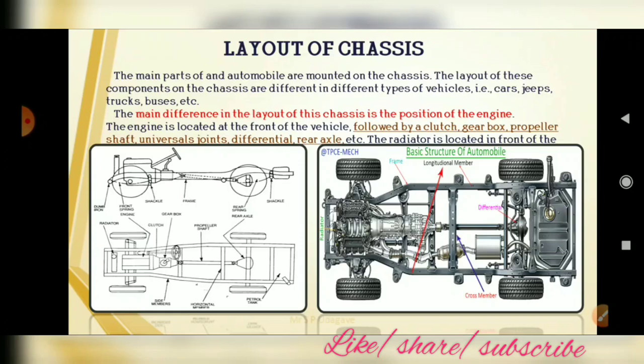Next, followed by the clutch, comes the gearbox, that is the transmission, which is also called the transmission system. The gearbox or the transmission provides the necessary leverage or variation between the engine and the road wheels. And the universal joint, we can see in this figure, is provided through which the propeller shaft transfers the torque to the rear differential, and that transfers torque to the rear wheels.